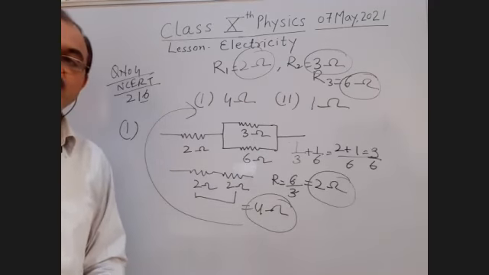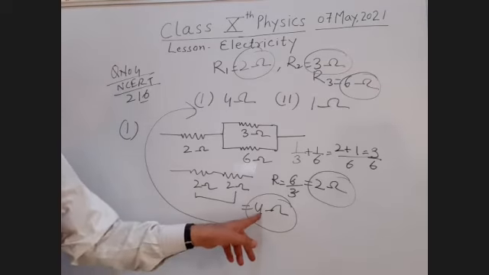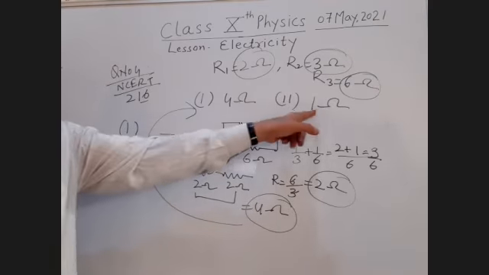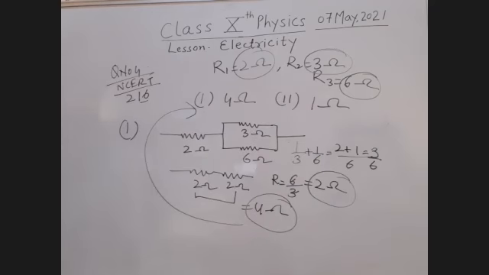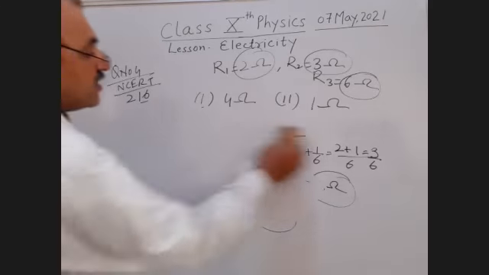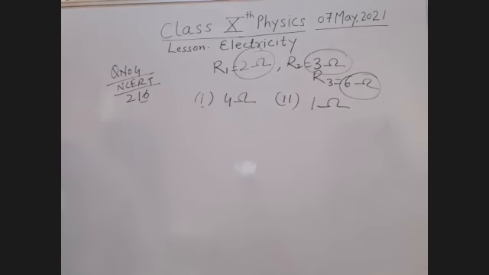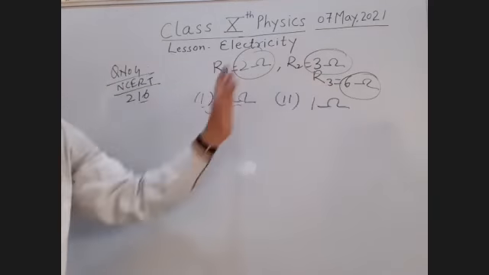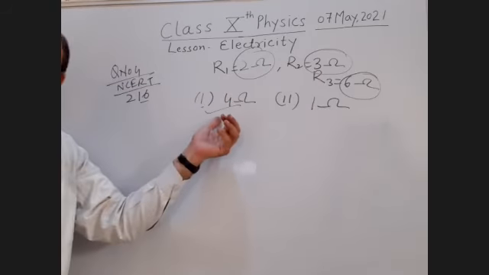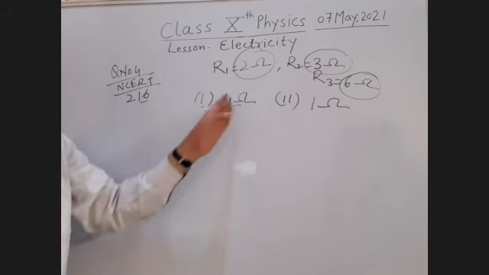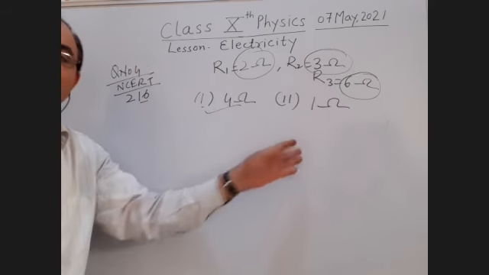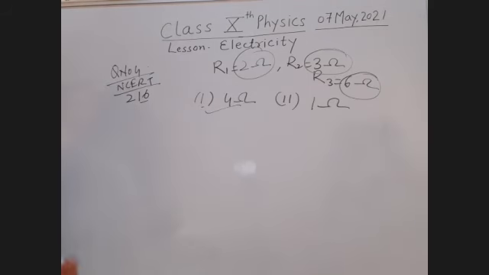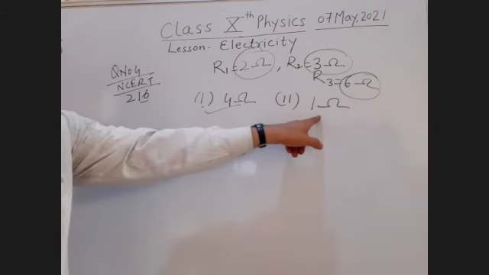Yes, students. Now, the first answer is clear, 4 ohm. Next, we'll go for the 1 ohm. How can we get the answer of 1 ohm? Now the first part is over, students. You see, 2 ohm, 3 ohm and 6 ohm in series, it cannot be. The second which we calculated, 4 ohm, is also not possible. Now, the net resistance should be 1 ohm. I think if the combination would be in parallel, sometime I may get this answer.